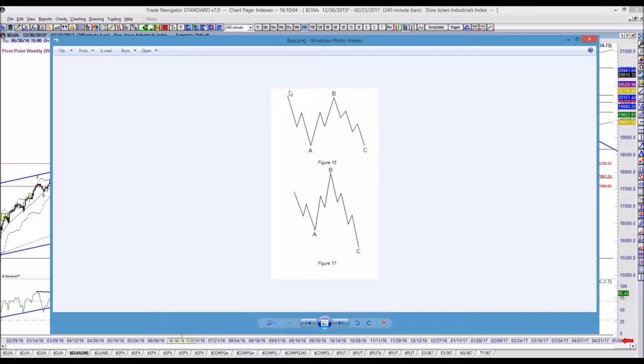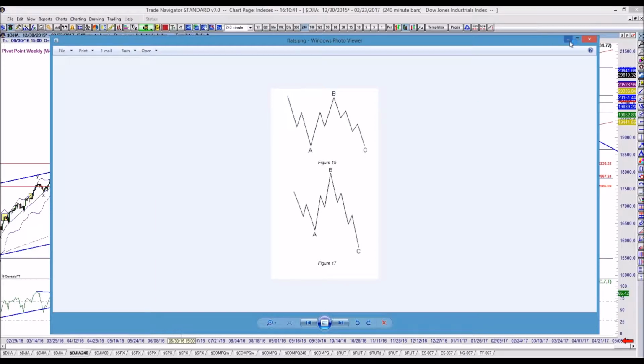But there are 2 forms of a flat. One form is the B is not as high as the origin. But the other one is the B is higher than the origin. And you see this very often. The easy way to spot these basically is you typically see 3 down, you typically see 3 up, and then hang on, folks, because you typically then see 5 down. This is what you want to catch. You want to catch the C wave. That's the setup in a flat, and that's a counter trend move. And typically from the C, then you reverse in the direction of the trend. And typically, by the way, in this 5-wave sequence at the bottom of it, you have very clear divergence